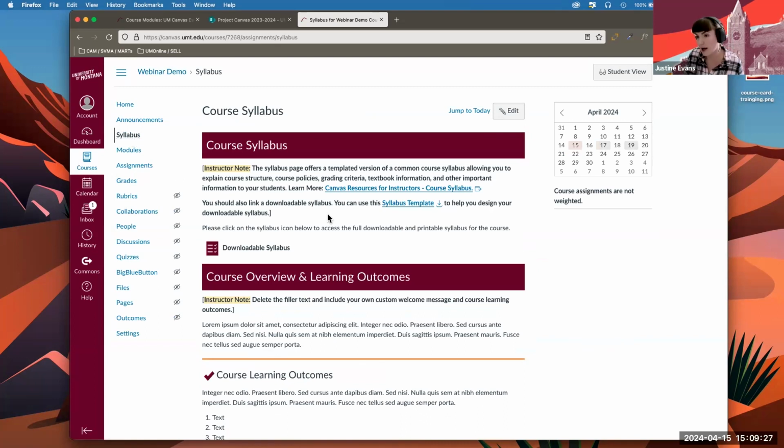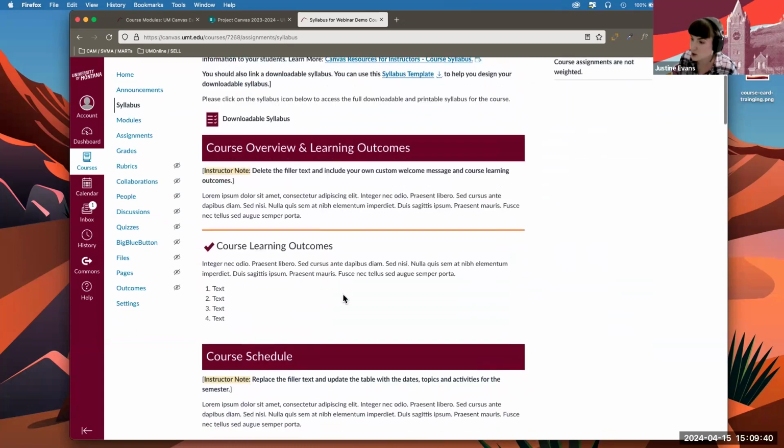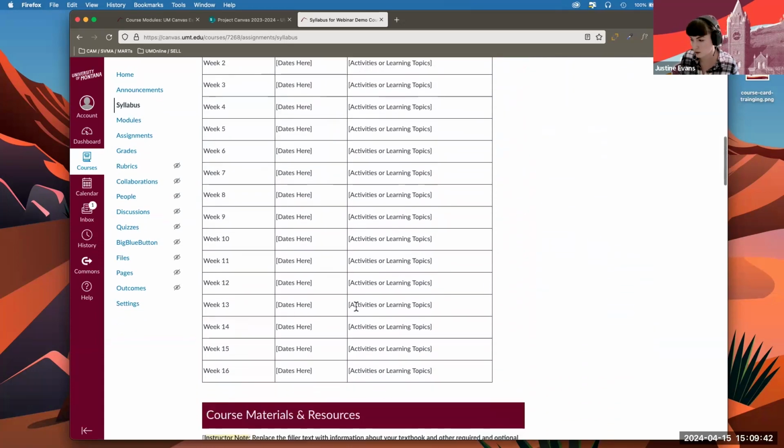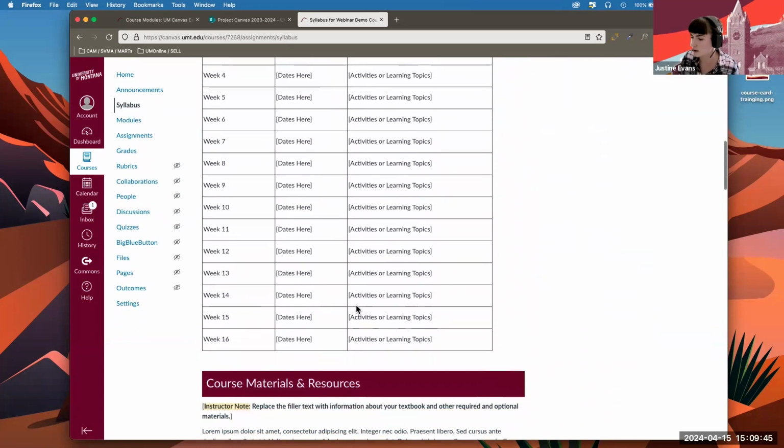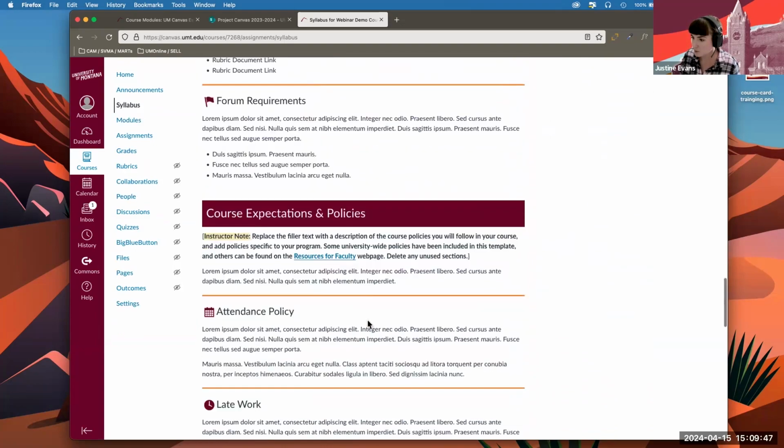There's more learning on how to edit a syllabus, but for the most part, this is a growing and thinking tool. So as you make changes in your course, parts of your syllabus will actually adapt to reflect those changes. The syllabus is broken up into a content area, and this includes a template that we've imported into this course, followed by